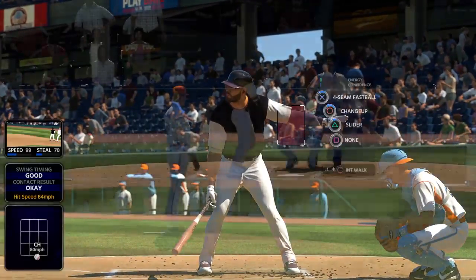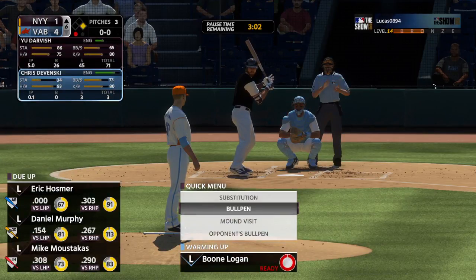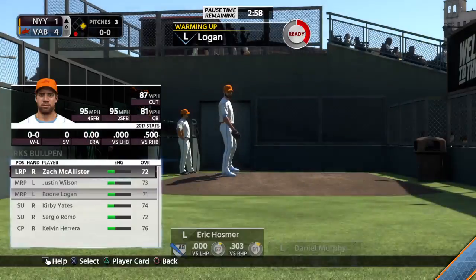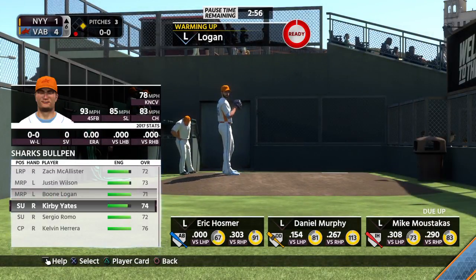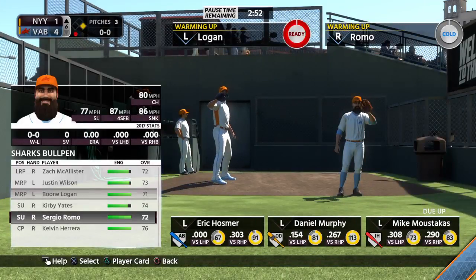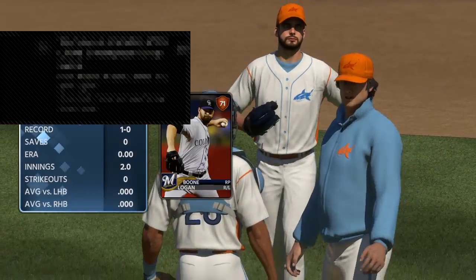So a runner at first now with 1 away, and standing in, here's the first baseman, Eric Hosmer. Yeah, and this is the guy for me. I think this is the guy in the clubhouse that the guys truly gravitate towards. The total package of Eric Hosmer's game is really special. Boone Logan enters to